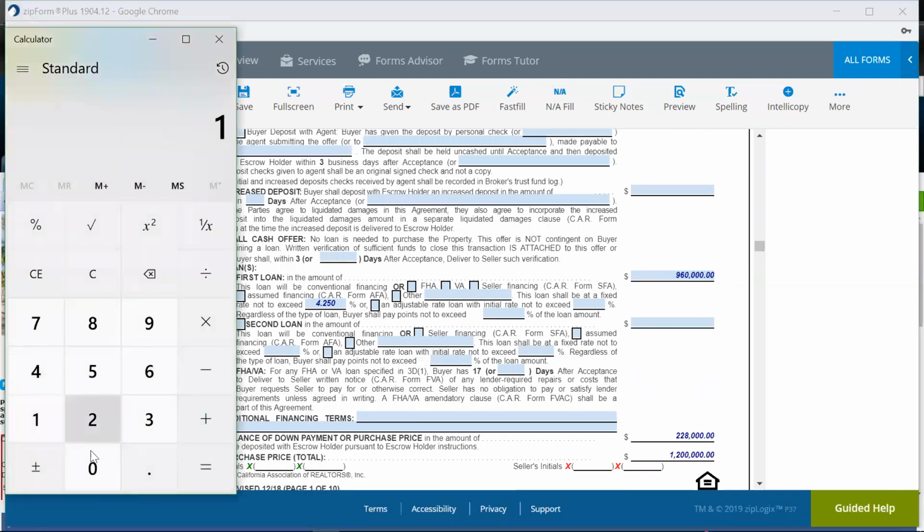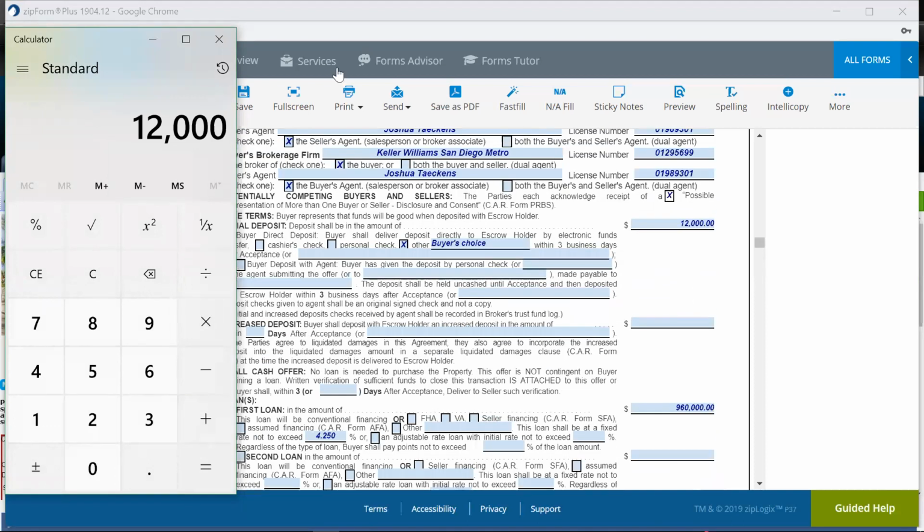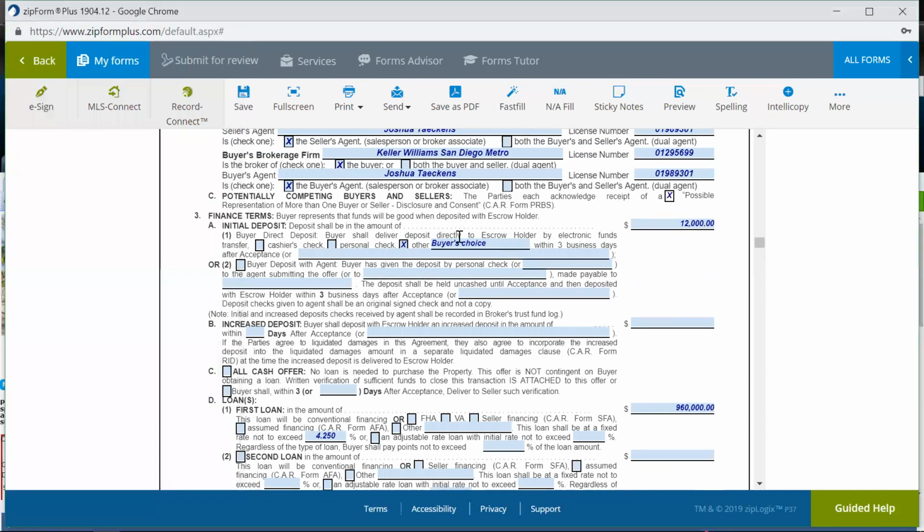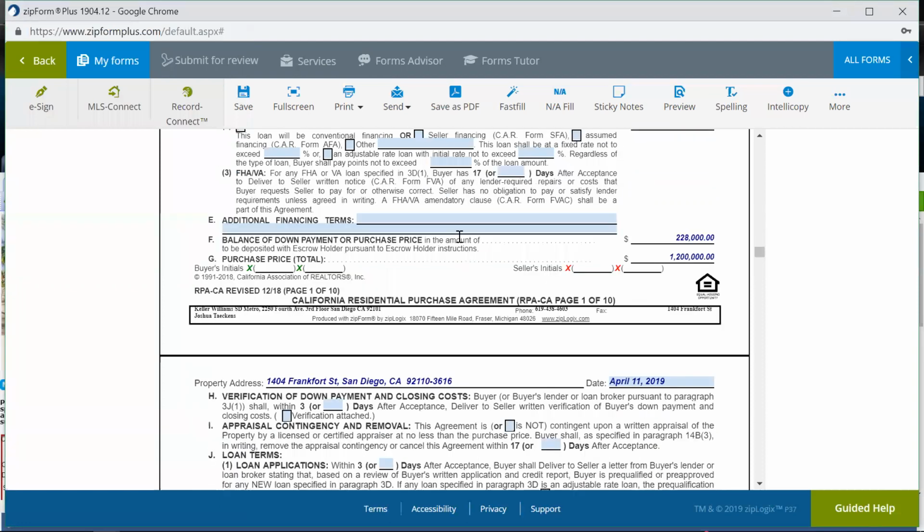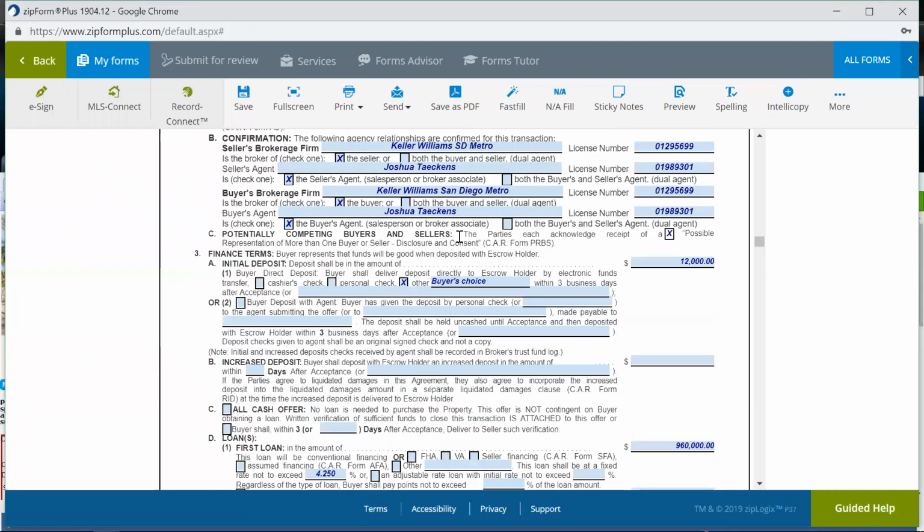So I go 1.2 million times 0.2 is 240,000. 240,000 minus 228 should equal 12,000. So my math does check out, and I'm good to proceed with other things in regards to